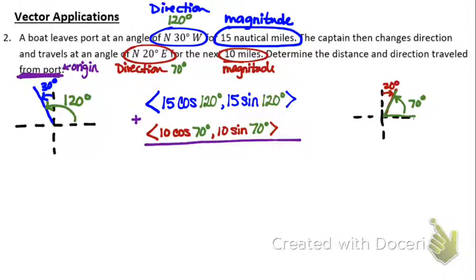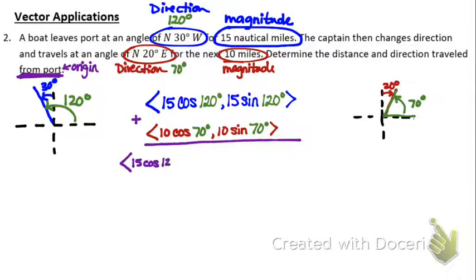Is 70 degrees a unit circle angle? No. And even though 120 is, I want to practice right now what it would look like if neither one of these are unit circle angles. Like, how do we write that? How do we do it? So I'm just going to add these two together. I'm going to leave them as their individual pieces. I cannot combine them together. So it becomes